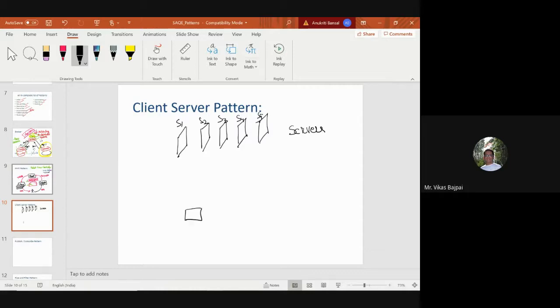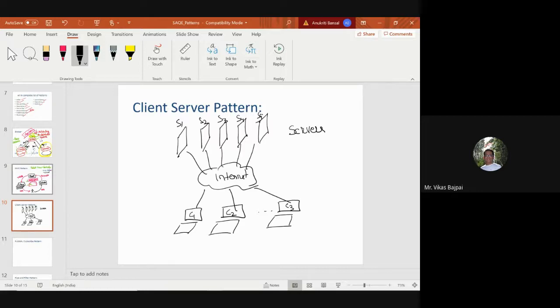On this side, I have like clients, right? And I'm adding it through an internet connection. So what I have is I have a client server pattern. On this end, I have servers. On this end, I have clients and connected to the internet server.